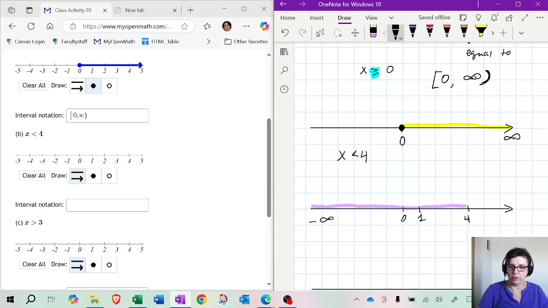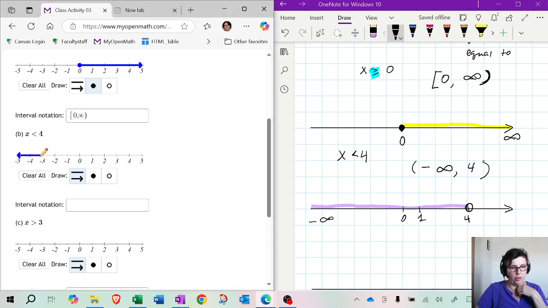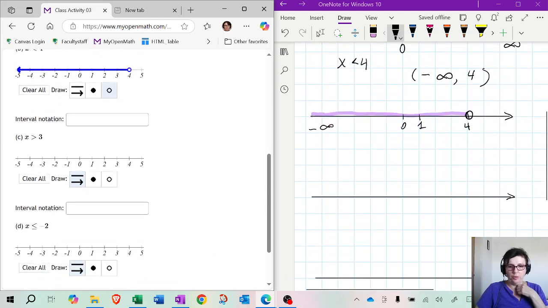So to write it in interval notation, you're going to start at negative infinity and finish with 4. Now over here, you have to decide, is it going to be parentheses or bracket? Remember, negative infinity or infinity is always just parentheses. But what about 4 itself? Well, because the sign is less than and there's no equality there, then that's just going to be parentheses. And the 4 itself is going to be an empty dot. Okay, so let's see if we can graph that. We're going to graph everything to the left of 4, and then at 4 itself, we want to use an empty dot and place that here.